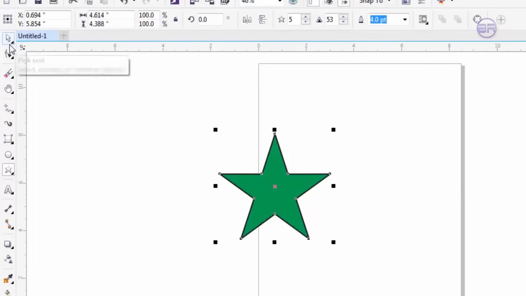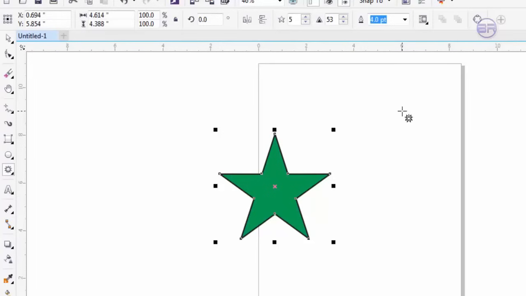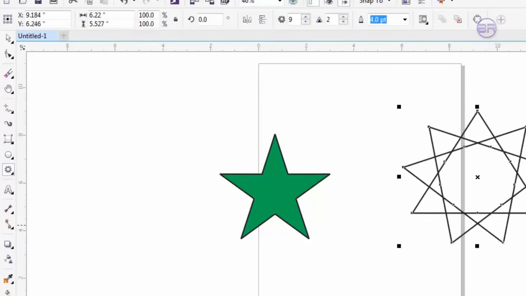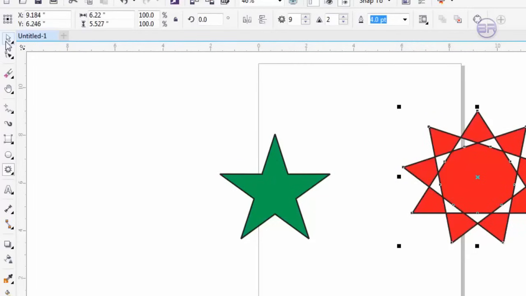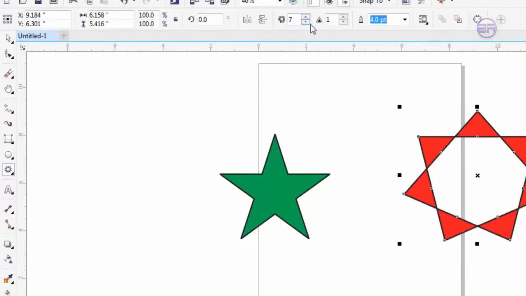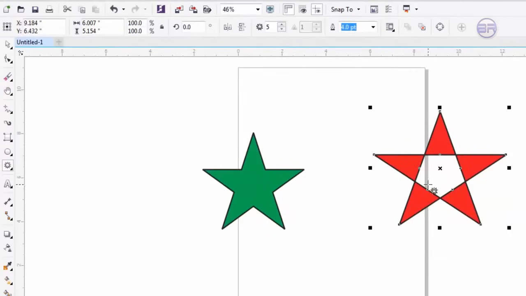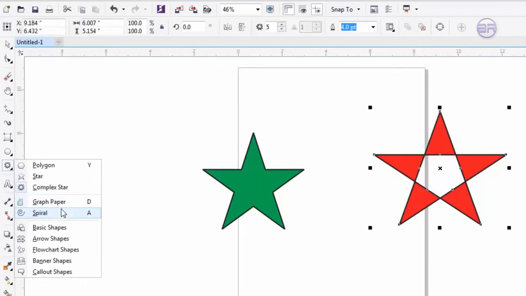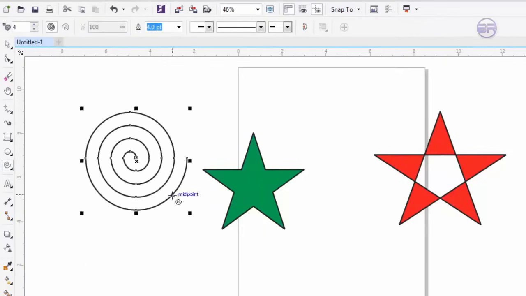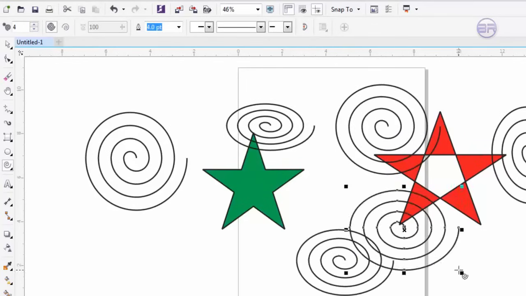So this is the star. Now there are other options, for example complex star. So complex star is basically this one. This is called complex star, which has more points, like 9 points. If you decrease, you will see changes in this. By default this is a little bit different from this, and you can also use the other options like graph paper, like Spiral, which will just add this kind of shapes as much as you want. You can insert them wherever you need them,